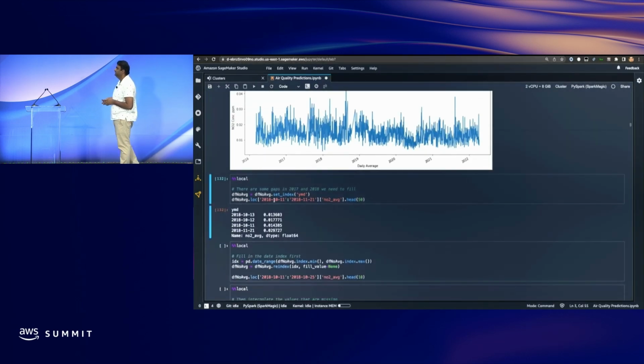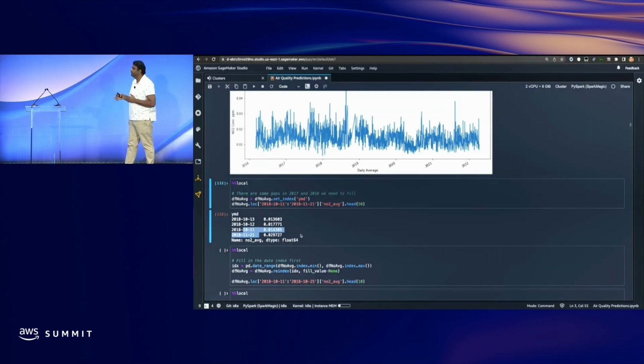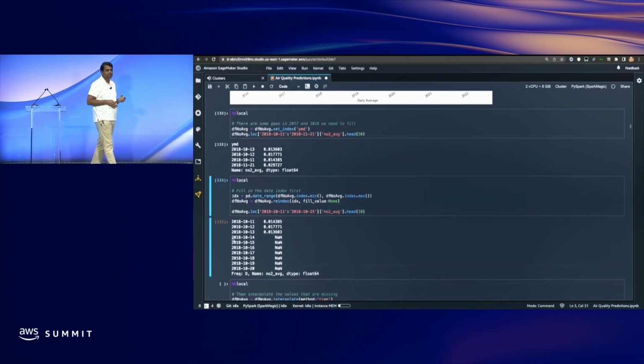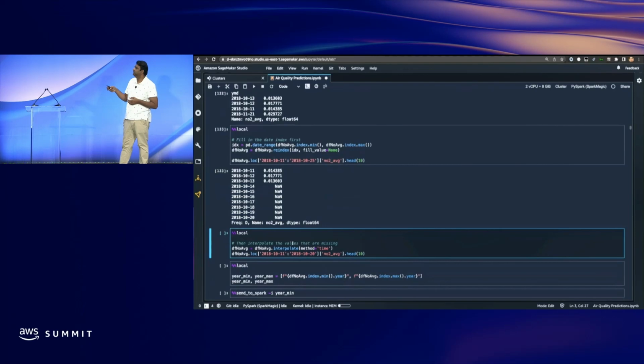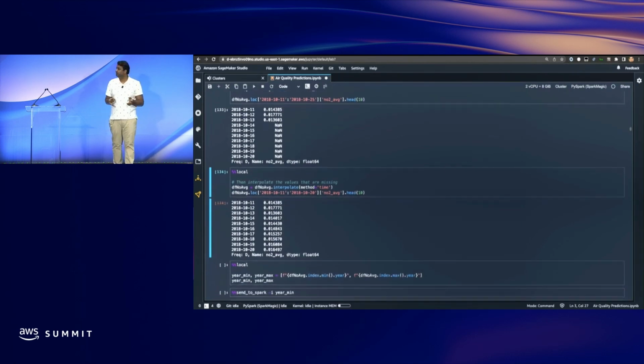We can see the date ranges from when to when we have different data types available, and we can see the missing data around 2018 and 19. There was no data available from October of 2018 to November of 2018. Instead of leaving the data missing, a typical data scientist would come and try to impute the missing data. We would add data for those dates and fill it with average values from the previous days. This is a typical feature engineering operation in data science performed whenever there is some missing data.